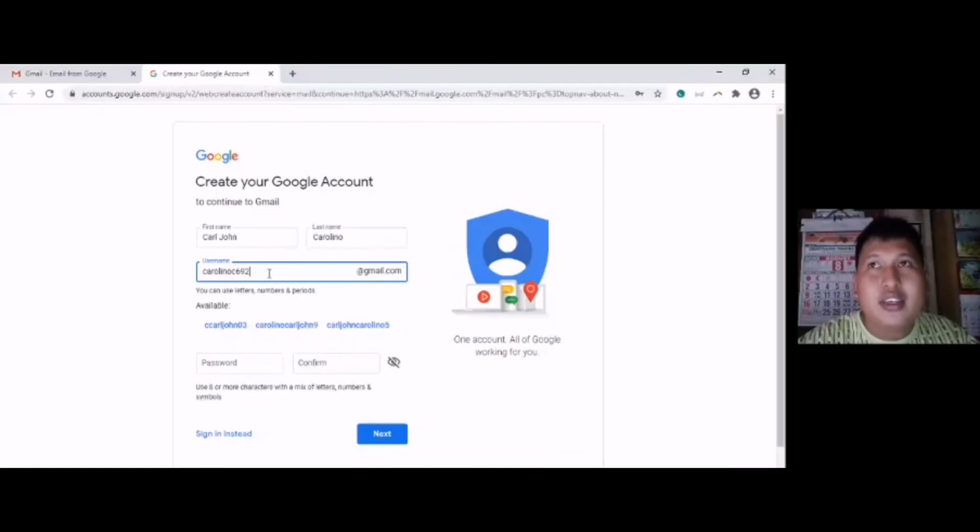It is highly possible. I suggest that if you're going to have your username, use your first name and your last name only. I am going to demonstrate now the next process, which is the encoding of username.